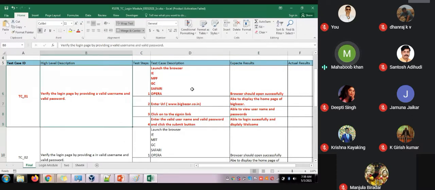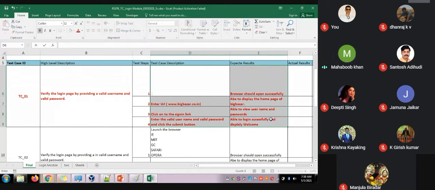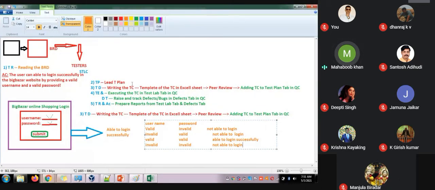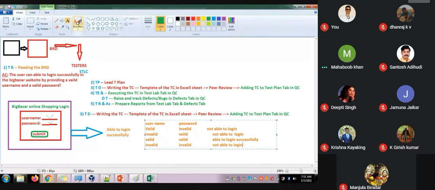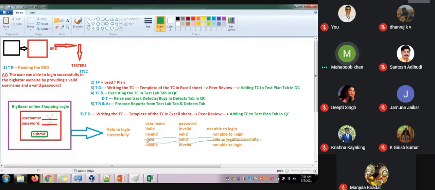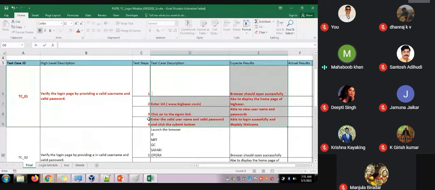So these are the test cases you have written for the first scope. So both are valid, and for this I have written the test cases right now. Correct. So this part is done. So we have completed this. Valid username, valid password. Now we need to write down invalid, valid, valid, invalid. So these are the cases that we need to write down. The same thing here.